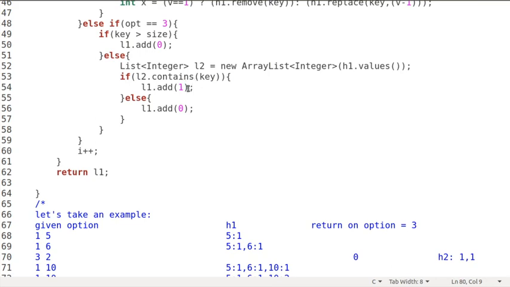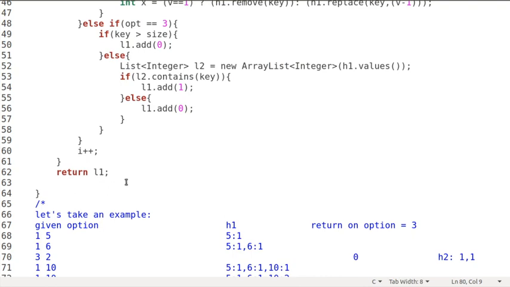If that is available, then we will return 1, and if it is not available, we will return 0, or we will add that value to the L1, and then we will increment, and this will continue. It will continue, and then at the end we will return the list.